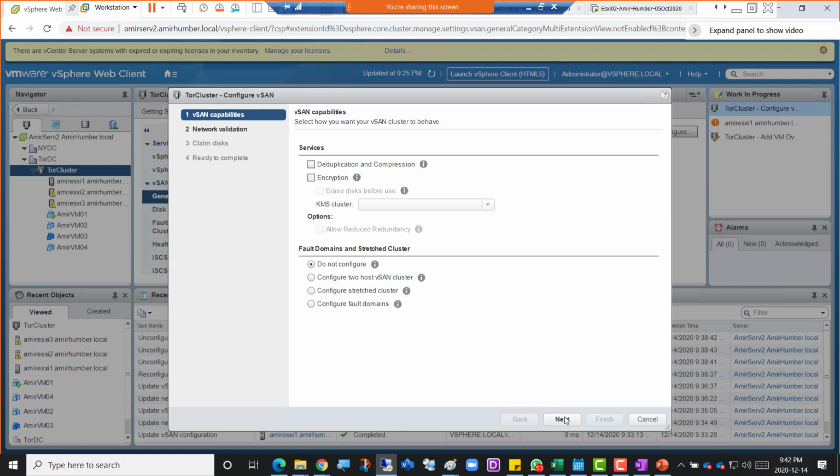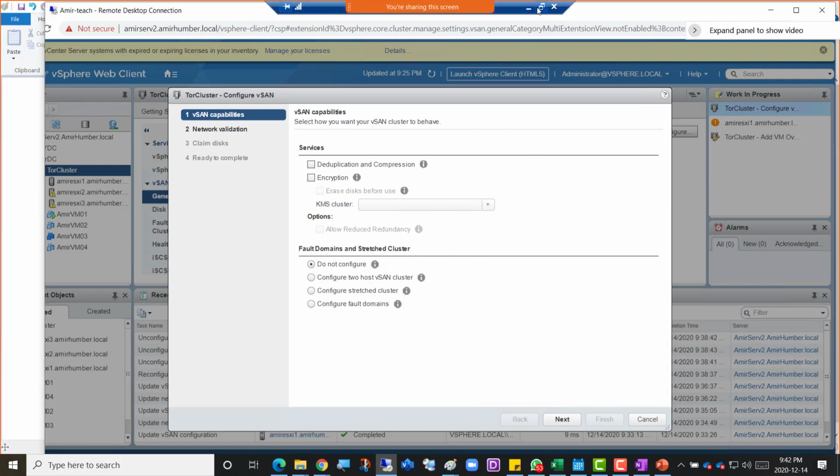We can click next, and the vSAN should be configured, but obviously we need to understand everything, right? What's going on, and why is this feature, why is that feature. So whatever we can do in next 18 minutes, we'll just go ahead and we can just leave the vSAN configuration final steps for the next class,